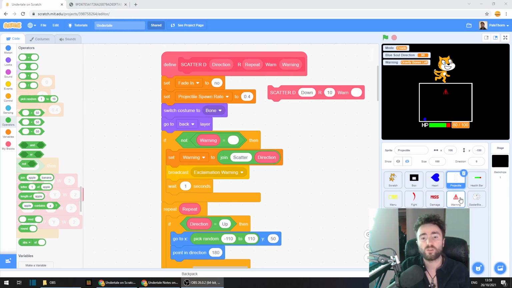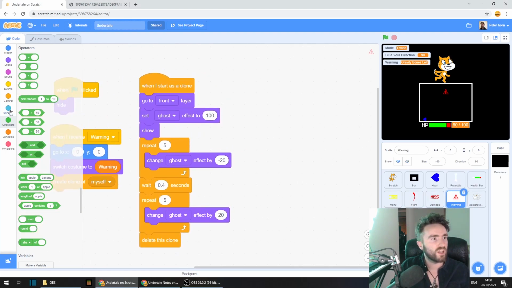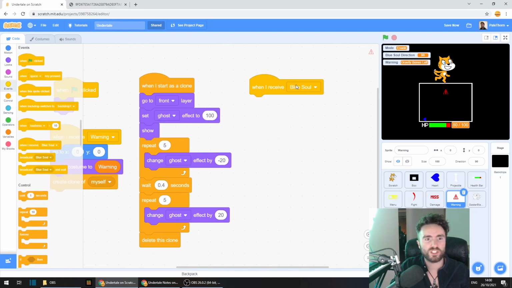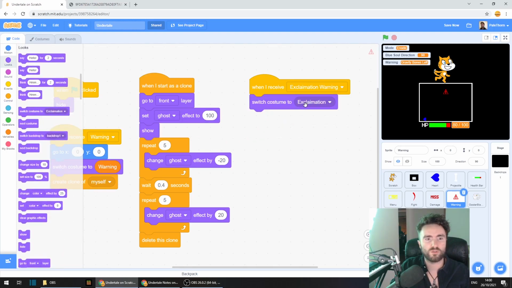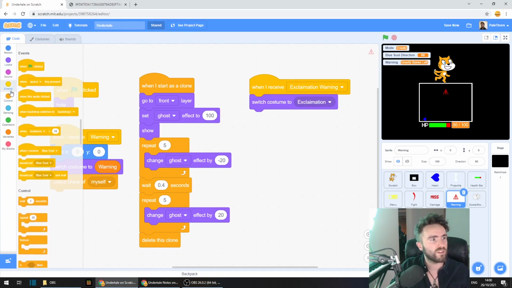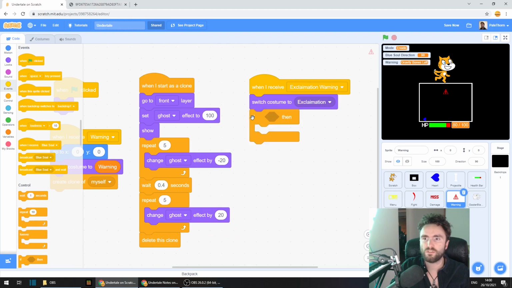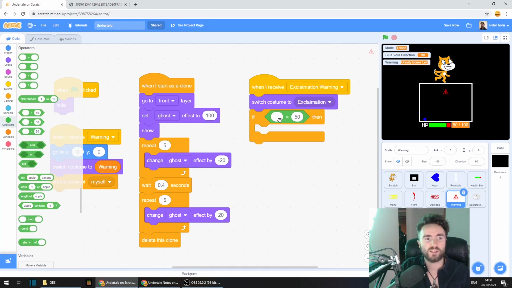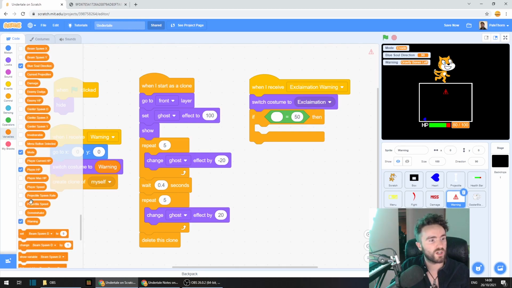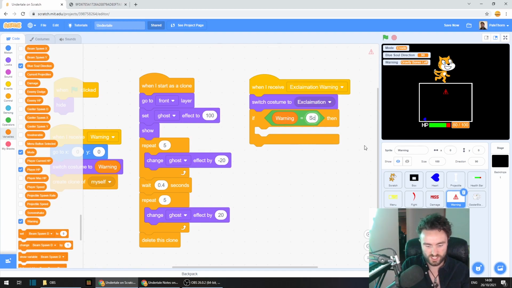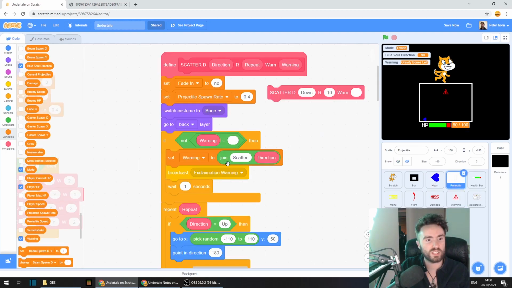So now we need to put some code inside our warning sprite that responds to when it receives the exclamation warning broadcast. Let's go there now, and we'll get a when I receive exclamation warning. Let's switch the costume to exclamation. Yeah, that sounds good. And then let's get out an if something equals, and we'll get our warning variable. So if our warning variable is scatter left, and make sure this is spelled exactly the same way as we did here,